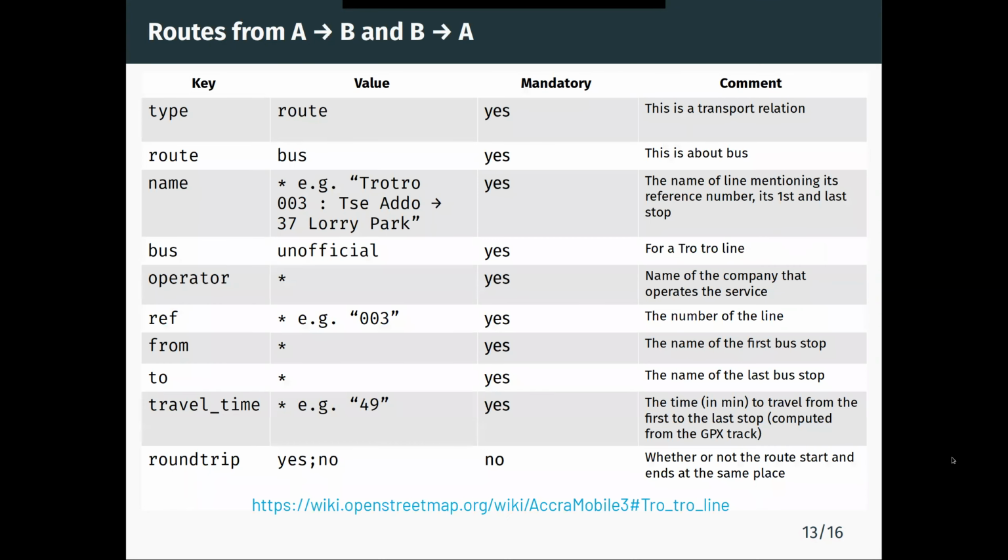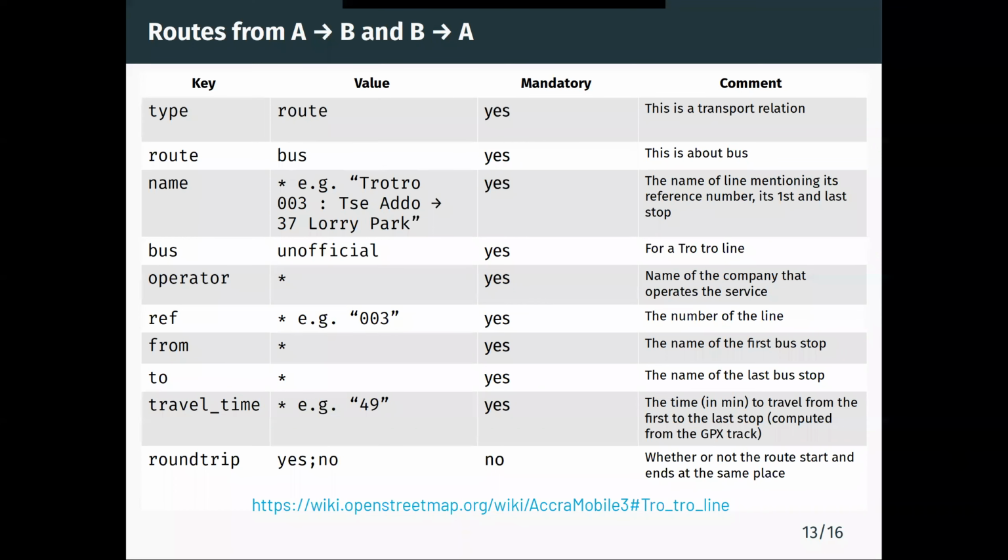Now, how do these two child routes work? That is A and B, which go into the route master. They are both routes, so both of them have similarities. You can see the type is relation. Mostly the type of relation that we are using is multipolygon, which is for buildings, which you might not know is a relation because it has a name, multipolygon. And then this is a route, a bus route. And then we need a name. So the name is carrying